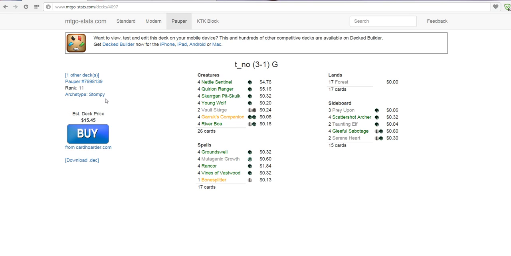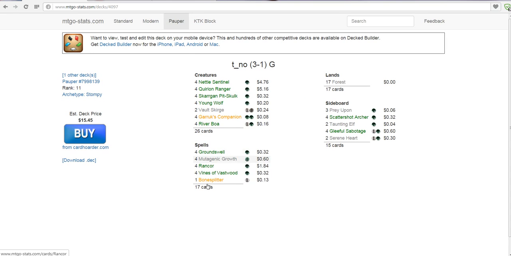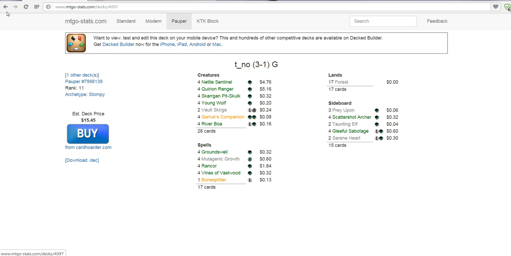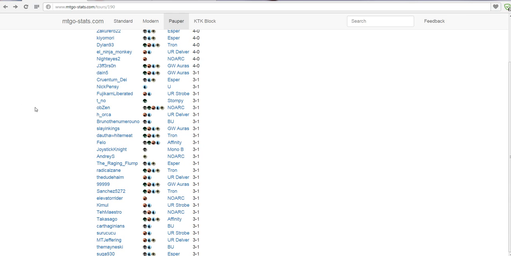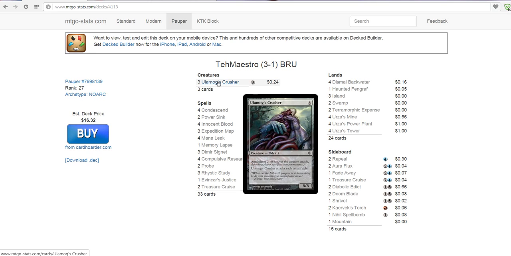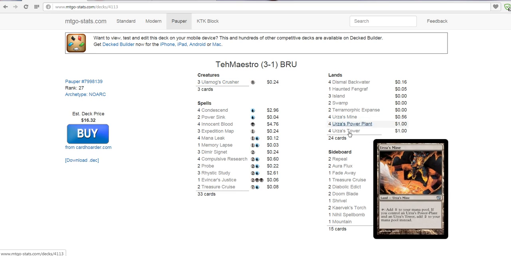Let's see. There's another Stompy deck. Yeah, this is just the standard Stompy list. No surprises either. Oh, maybe Taunting Elf. Yeah, this creature is pretty nice, because you can just choose to attack with it, and all of your other creatures will come through. So this is not very surprising. Looking at this, there's another deck we don't know yet. Oh, this is an Olama Crusher control deck, and combined with the Tron,